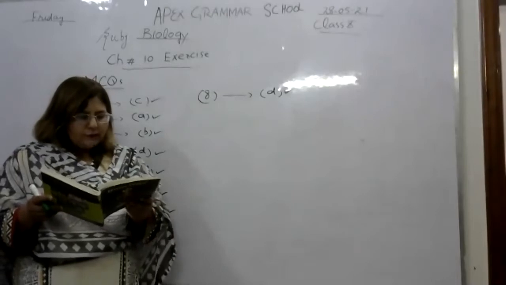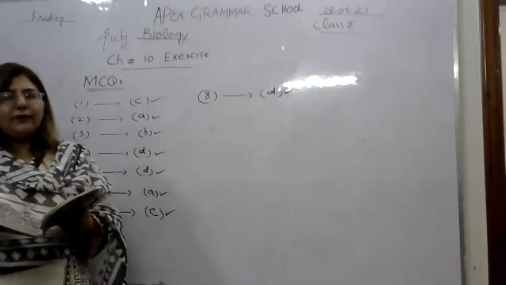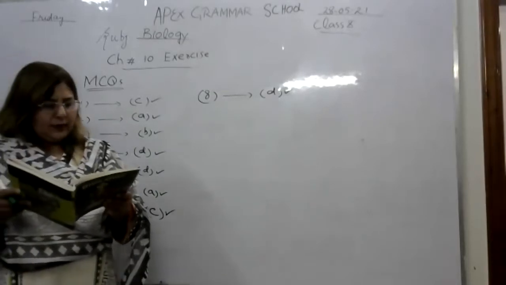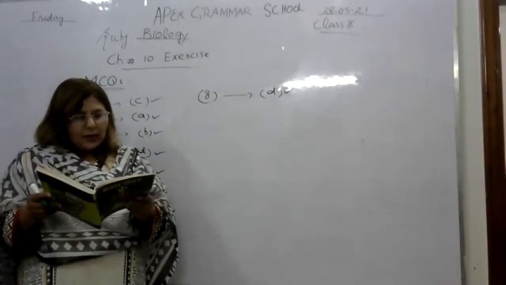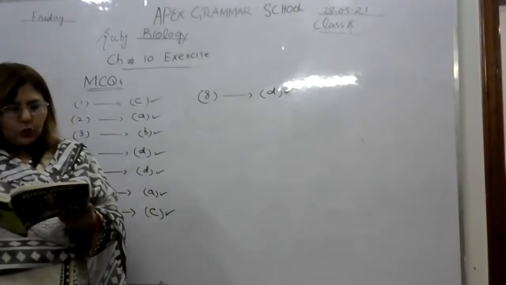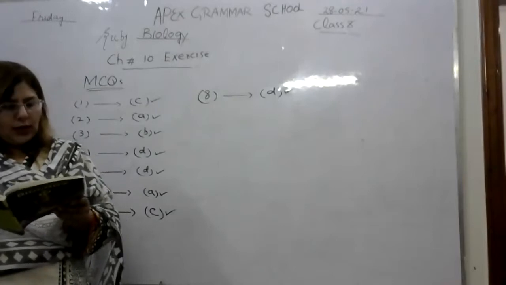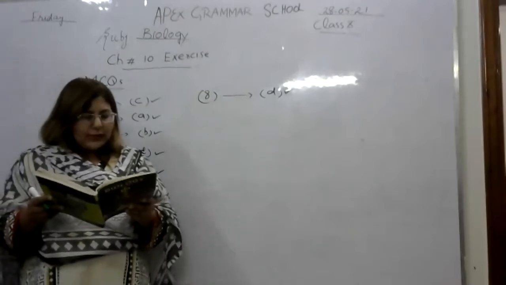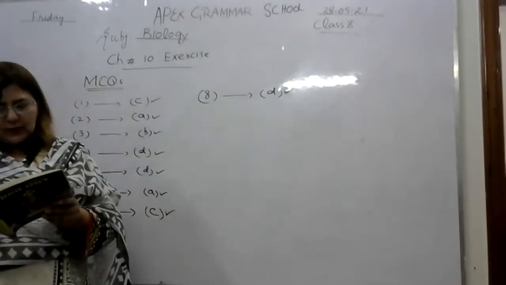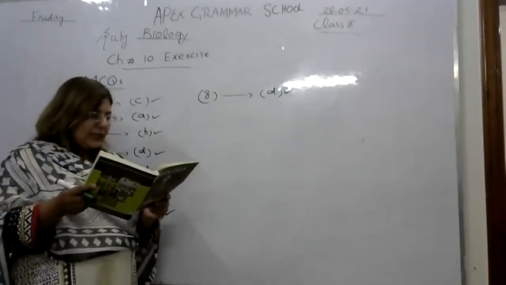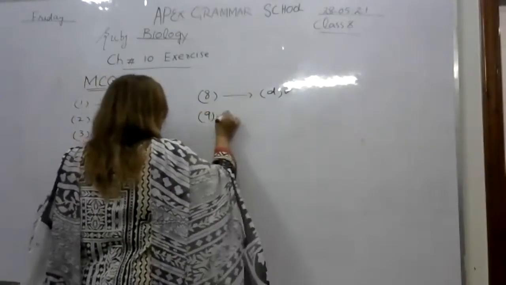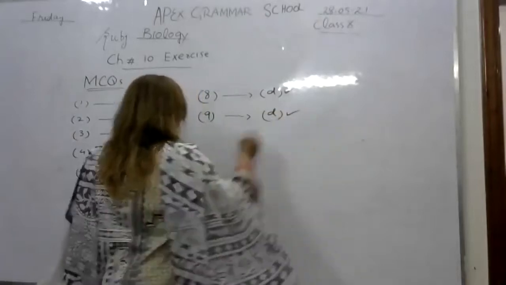So in this question, which process does not occur in the nasal cavity? It means we have to find the process which is not done in the nasal cavity. Option A is trapping large dust particles. This is done, so this is not the right answer. Option B, humidification of the inhaled air. Wrong answer. Option C, warming of the inhaled air. No, wrong answer. Option D, exchange of gases. Yes, this is the right answer. So question number 9, option D is the right answer.